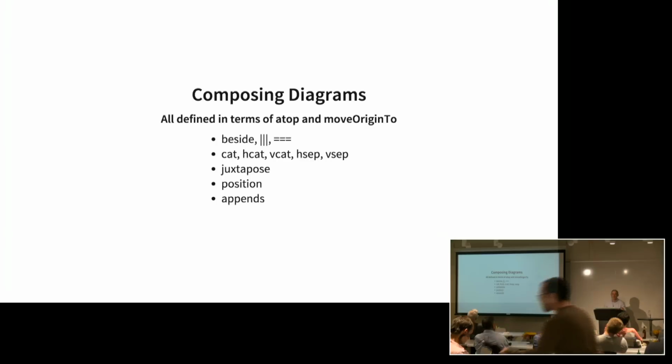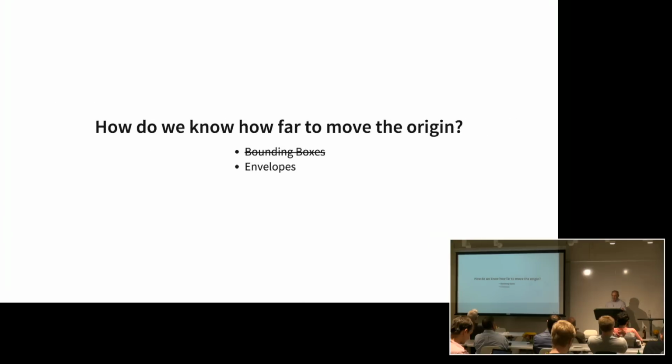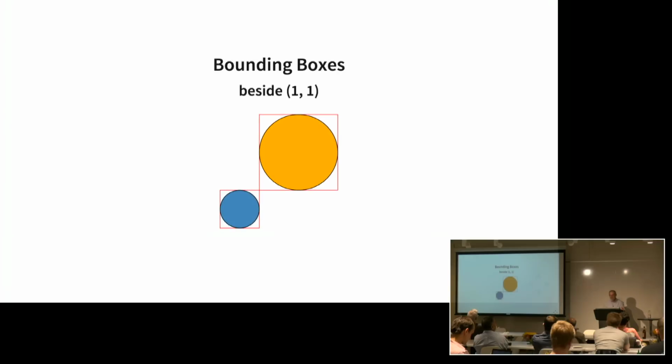So in vector graphics languages, there's basically a couple of choices that you can make for your boundaries. In diagrams, we chose something called envelopes, which I'm going to describe in a minute. The more common boundary is probably bounding boxes, which are just rectangles around the diagram. Bounding boxes don't really suit our needs that well in diagrams, because if we try to combine those 2 circles along that 1, 1 vector